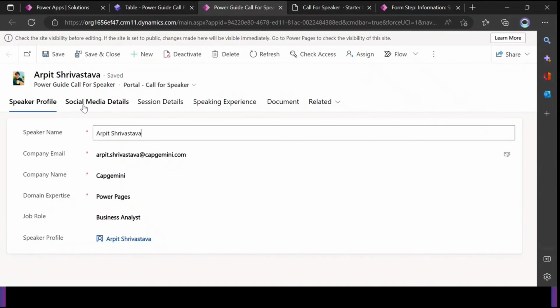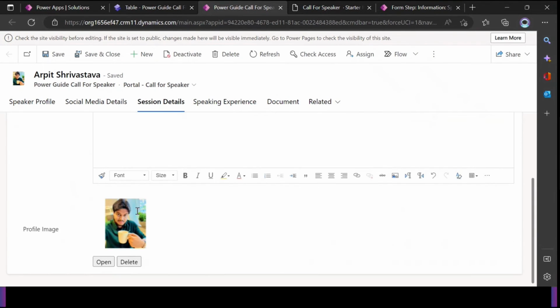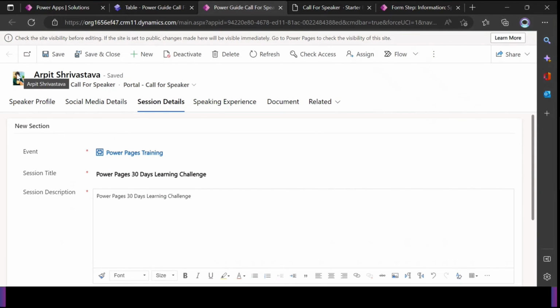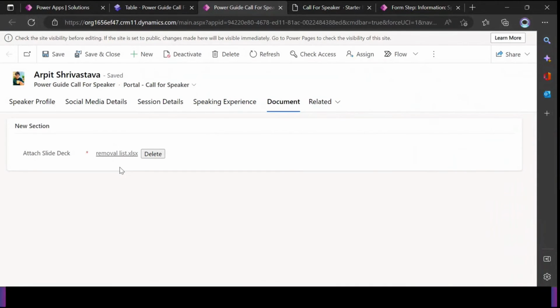Speaker name, speaker profile, social media details, session details. My profile image is also set as an entity image as well. Speaking experience, the document has, I've just randomly uploaded the XLS. So, you can also decide that as well, like whether you want to upload the document in the SharePoint or